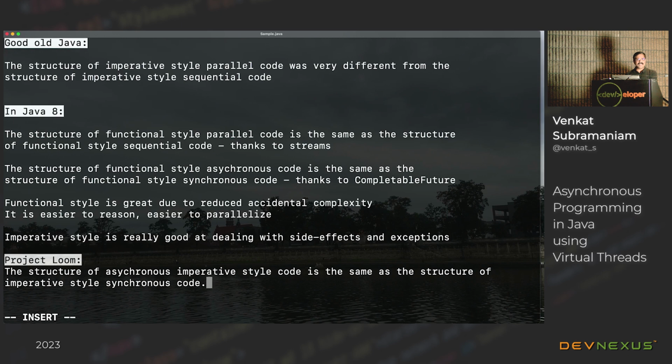Did you see this in the example I showed you? I didn't change the top part, I simply changed the bottom part of the code. I said thread, virtual thread, virtual thread. I can be synchronous, I can be asynchronous, but I'm not changing the code structure at all.